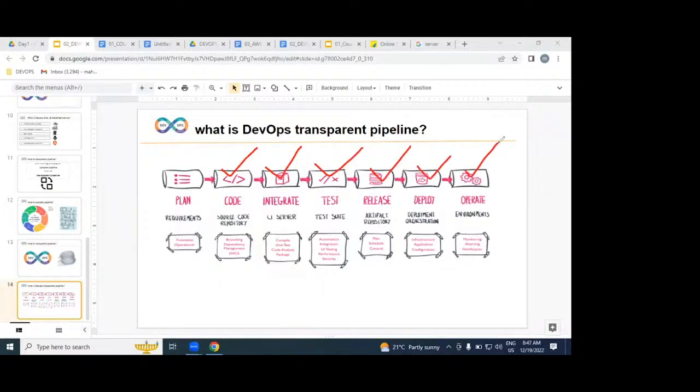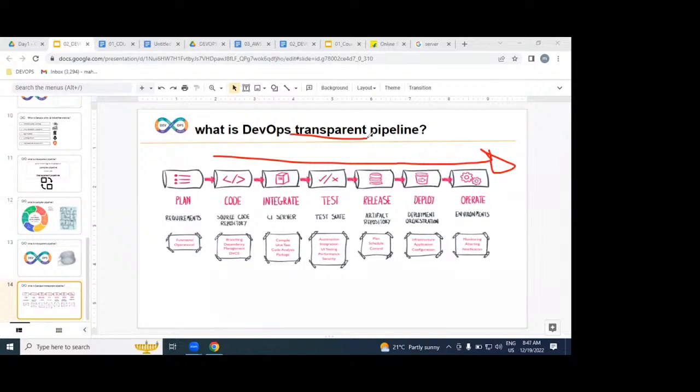Understood very clearly. To be frank, while implementing this DevOps process, we are not writing any code. We are not writing any test cases. We are just implementing an automated, transparent pipeline only. Why?